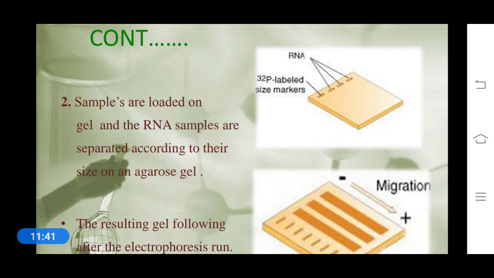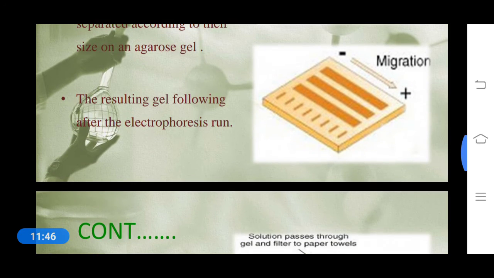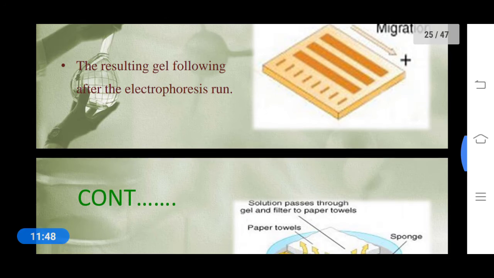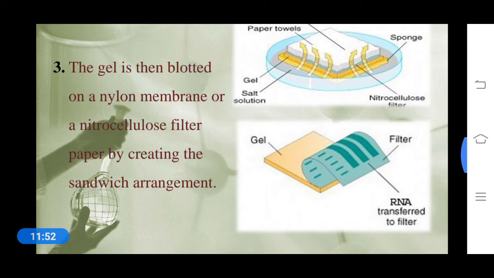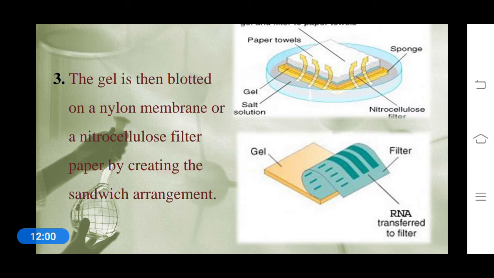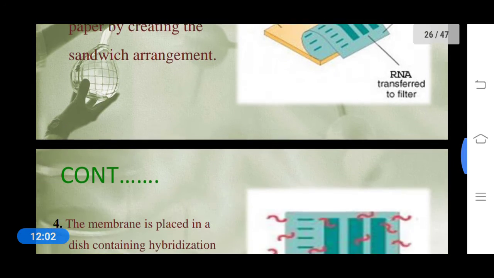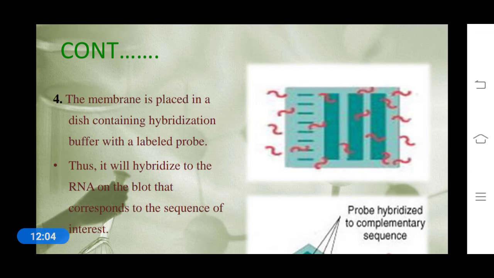The RNA samples are separated according to their size on the agarose gel, and whatever RNA bands we formed at the end of the agarose gel electrophoresis are blotted onto the nylon membrane or the nitrocellulose filter paper, NCP. Okay, you can see the arrangement here, and after transferring, we again go for the hybridization process